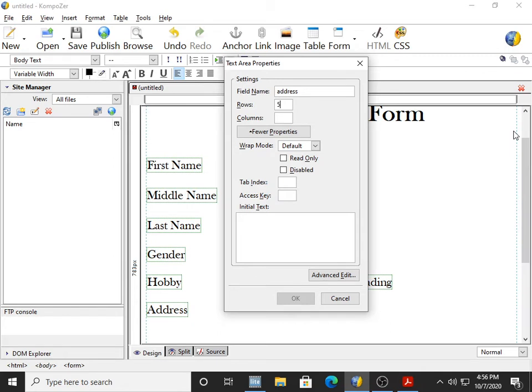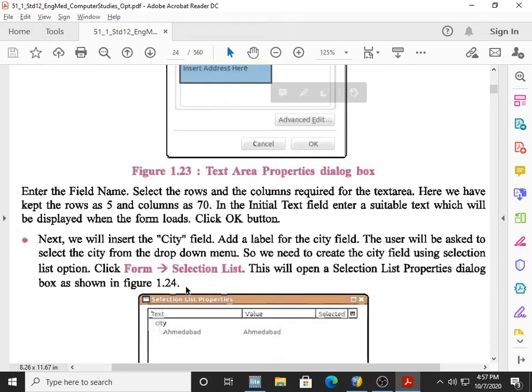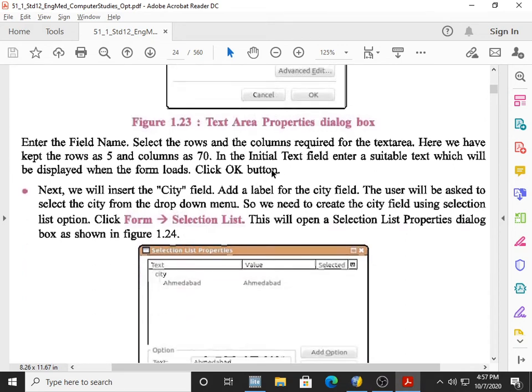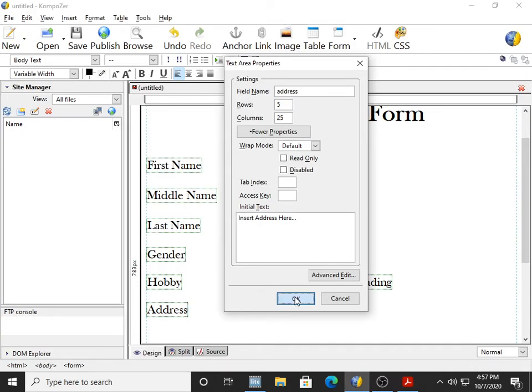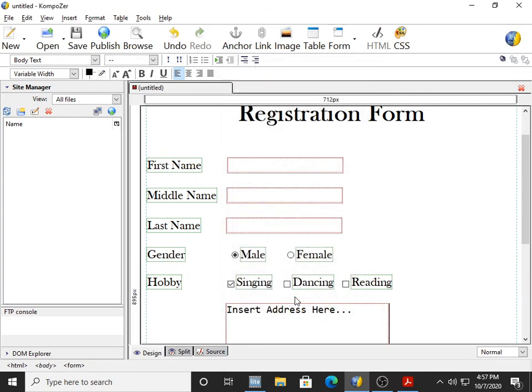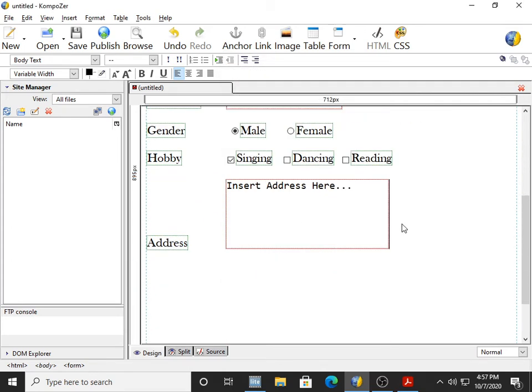Rows 5, columns I put less because I have less width. So I put 25, and then I put initial text, insert address here. Now click on OK button. I hope you can see the text area box is available. I press enter, so I go down.